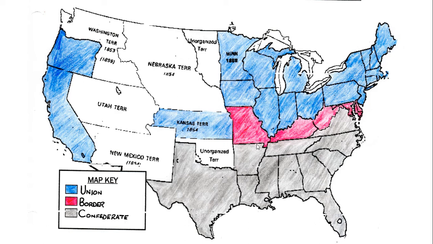All that stuff. Really, what makes a border state is that they have slaves and they are still part of the Union. They are still part of the United States of America. So technically, they could be colored blue because they're still part of the United States. But because they have slaves and slavery is allowed in Missouri, Kentucky, West Virginia, Maryland, and Delaware, they're considered border states. And for many different reasons,